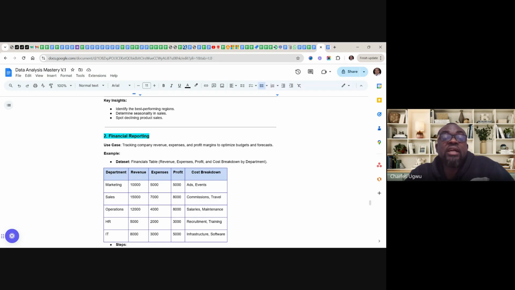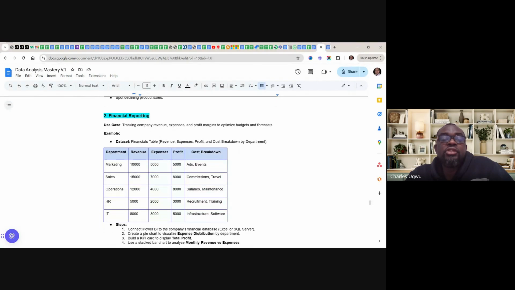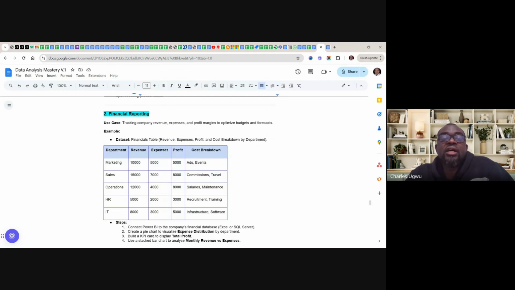Revenue and expense, the incoming and outgoing of money in the organization, that is finance. And profit margin, to optimize budget and forecast. You see the table here is a financial table. It captures revenue, expenses, profits, and cost breakdown by department. That's it, all about revenue.